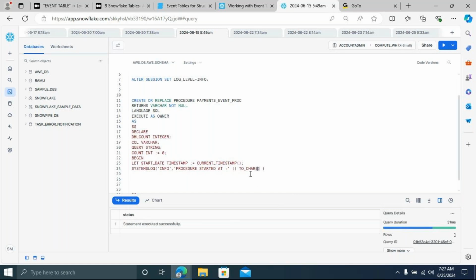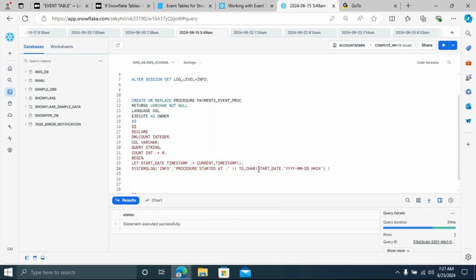Okay, and the to_char function will accept two arguments. One is start date you have to pass, and another one is the pattern you have to follow. In this pattern I'm looking for Y. Sorry, make it caps, guys. Y. And then hyphen dd and then hours in 24-hour format.